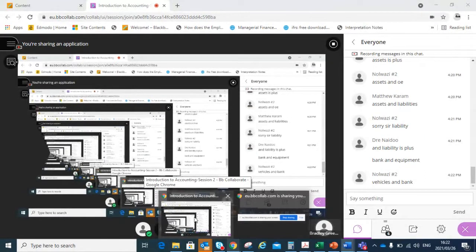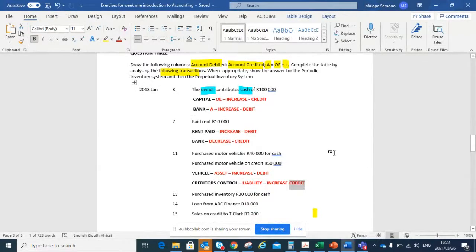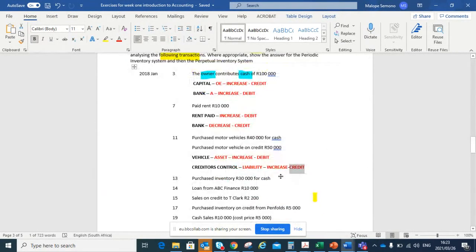Perfect. Thank you. No, you should have said vehicles because normally we don't combine vehicles and equipment. But I do understand. Yeah, so vehicle and bank. Can you see now? Perfect, just like that. So just have to check, and then it will be okay. But I want to do this one. I want to do the 13th.